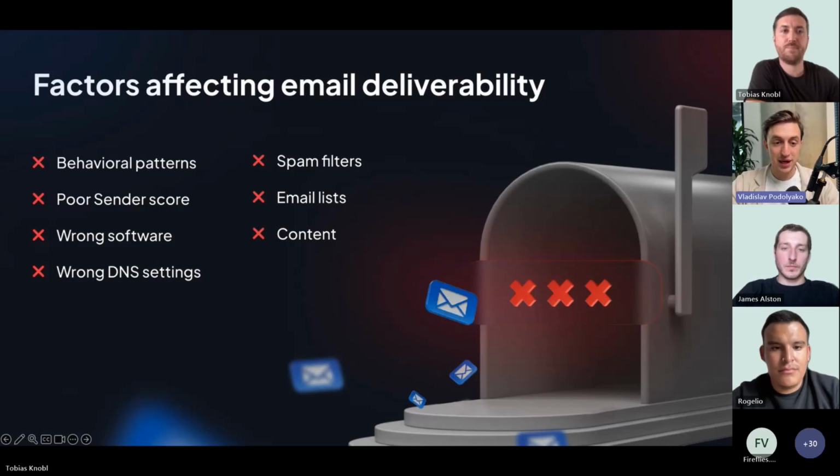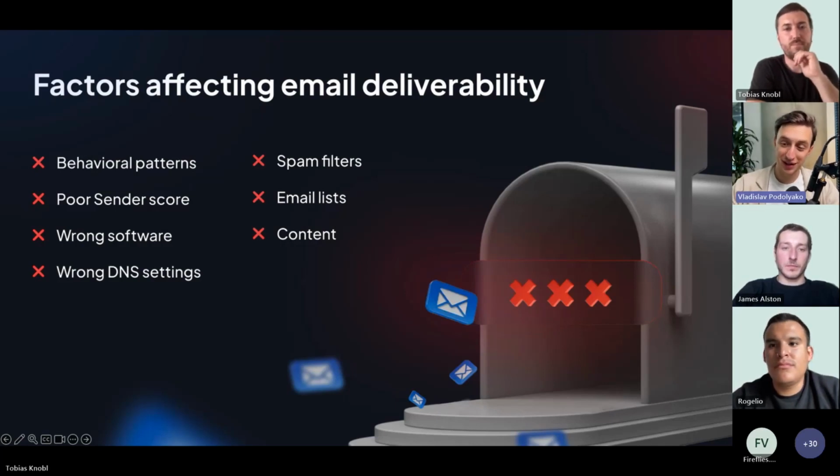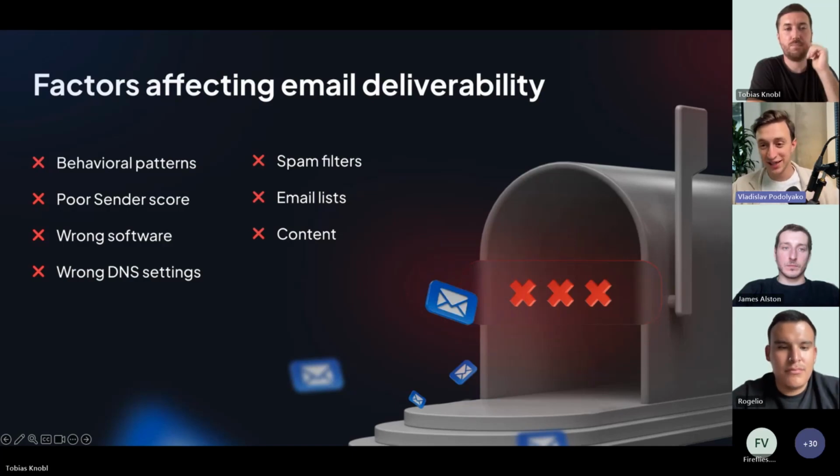Moving next. The main crucial factors to be sure that you will be in the right spot, get the right traction, and get results from your email marketing campaigns. So how do things work? Basically, there are behavioral patterns, which means you can reach your potential client or colleague at the wrong time, and they will lose this email, or maybe they will be in a bad mood, simply saying, and put you in spam, because they do not need those emails, because they are spammed with hundreds of other